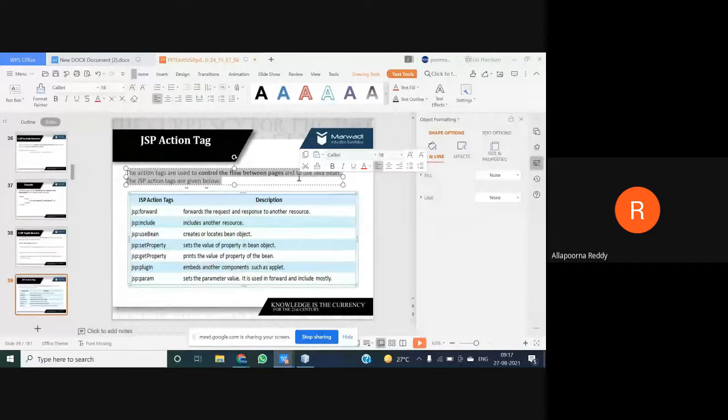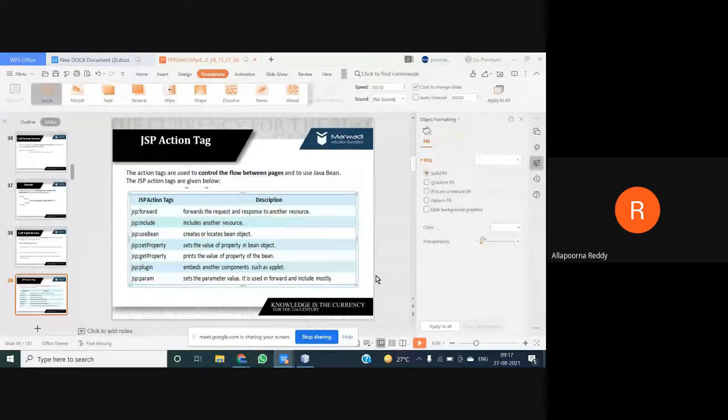That page may be an HTML page, or a JSP page, any page it can be. And to use a Java Bean is also included, not only redirection of web pages. The below JSP tags are helpful for us to make your action tags succeed.